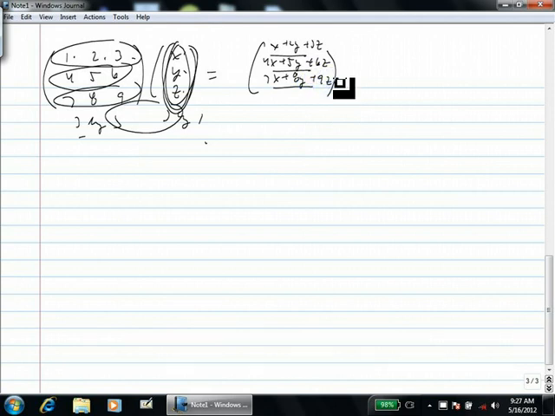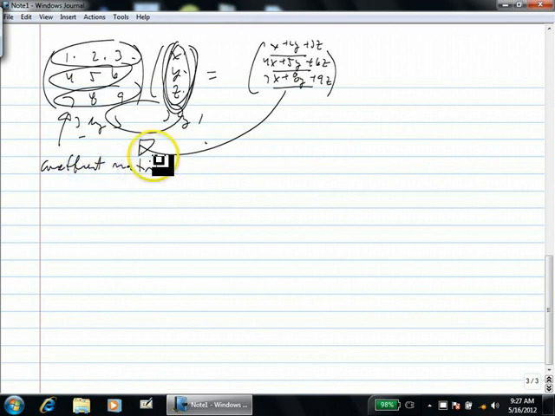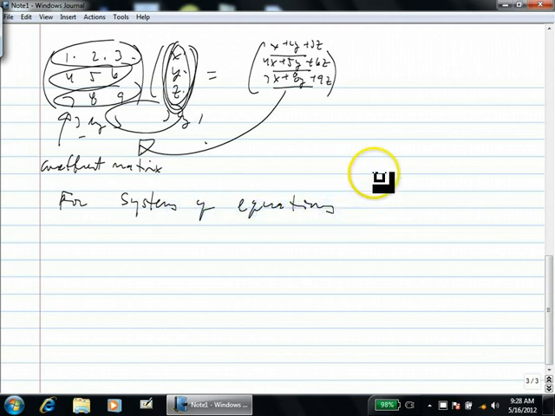More importantly, we can go backwards in this direction, factoring something like this into what's called a coefficient matrix. And that's another application. For systems of equations, this will actually become one of our main uses of matrices in a few lessons. Okay, so